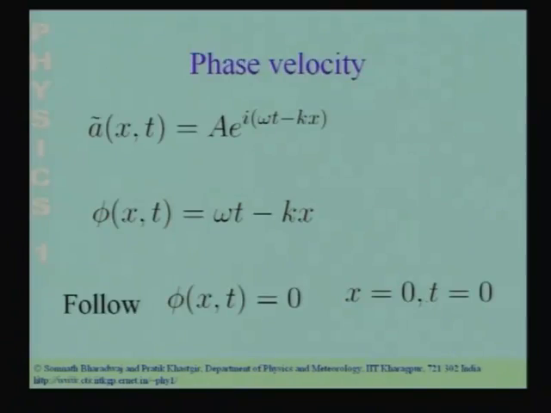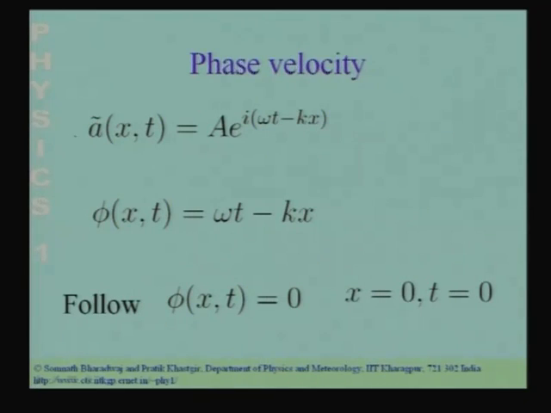Okay. So, we have learnt about a plane sinusoidal wave. We have seen how it depends if I fix time. We have seen how it depends if I fix the spatial position. Let us now study the combined space and time dependence of this wave. The thing which comes up when you study the combined space and time dependence of the wave is the phase velocity. So, we are going to study the combined x and t dependence of this equation.